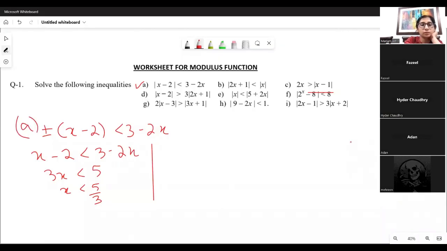Part A, and then we have minus x plus 2 less than 3 minus 2x. So it's going to be x here less than 1. So we're getting x is less than 5 by 3 and x is less than 1. ये क्या अजीब सा है? दोनों less than आ गए. यस मैम, मेरा भी यही आंसर आ रहा है।